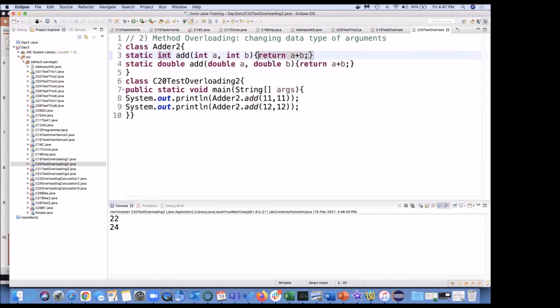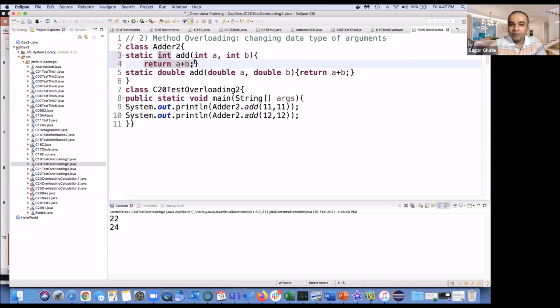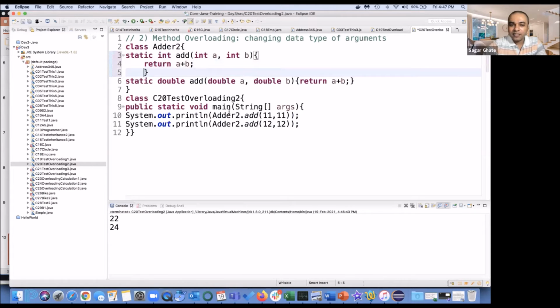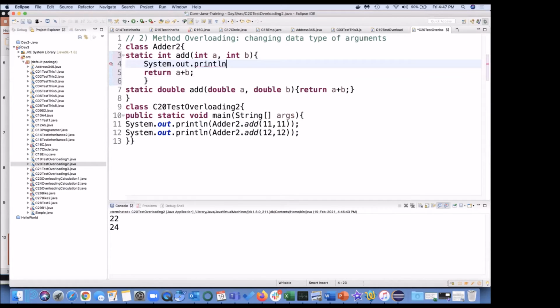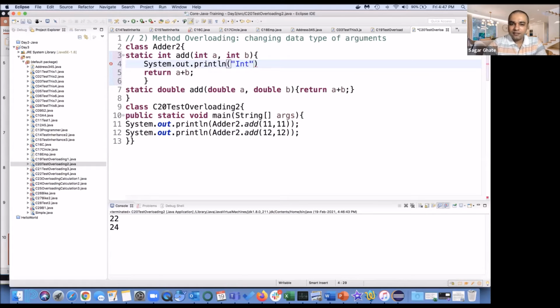If we have doubt, we can put an SOP statement, an SOP for int and an SOP for double. You may think it is still calling the double version, but the return type is obviously not double, which means it has called our first function only.